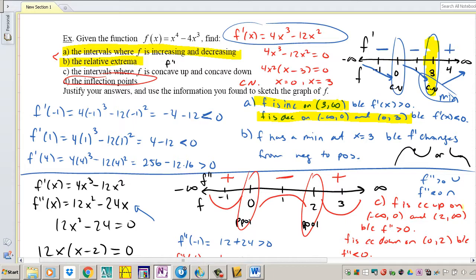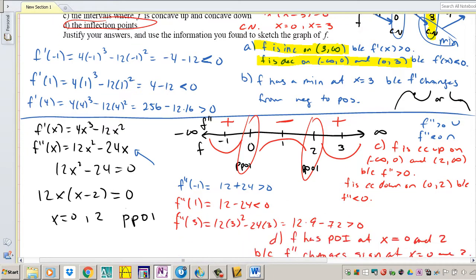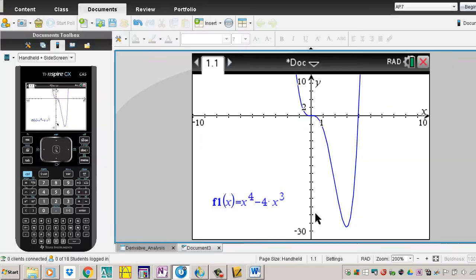Concavity. Let's go ahead and take a look at the notes for concavity. F is concave up from negative infinity to 0 and 2 to infinity. So let's check. This graph has a U shape going up. Even though it isn't a complete U, it looks like half a U, but it's a U, so that means it's concave up. It's shaped like a cup. And then